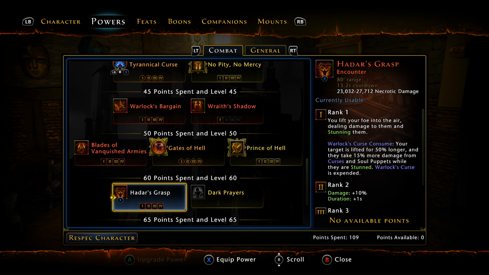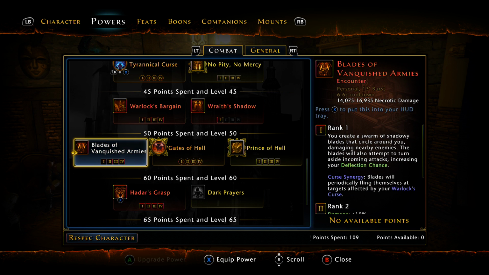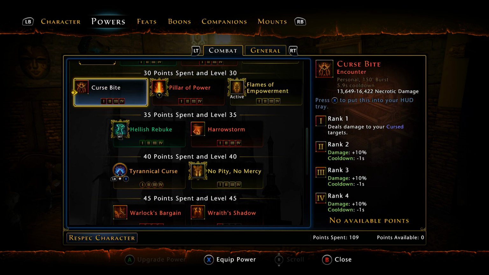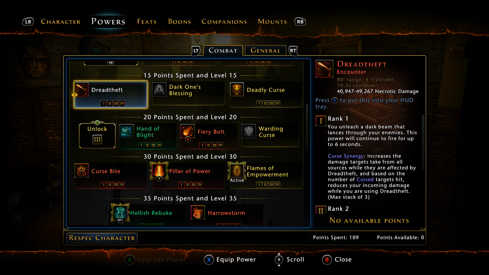And then finally, we use Hadar's Grasp for single target and sometimes AoE, depending on the situation. Like I said, we do have Blades of the Vanquished, we have Warlock's Bargain. All of these are valid options. We will go over these more in depth in the spell rotation video, which will be a